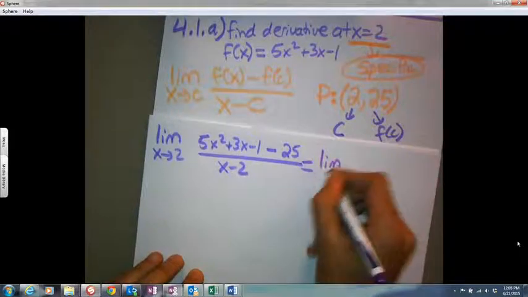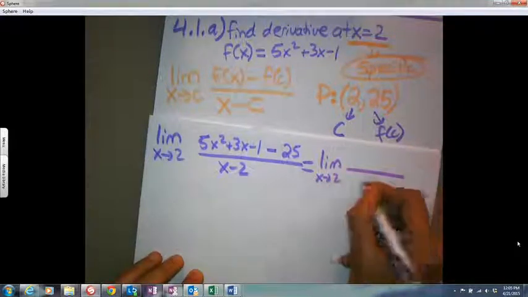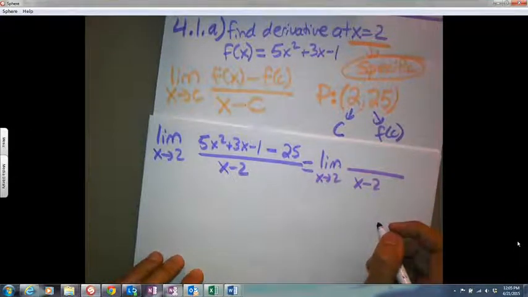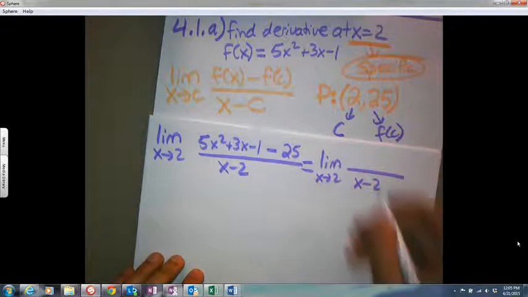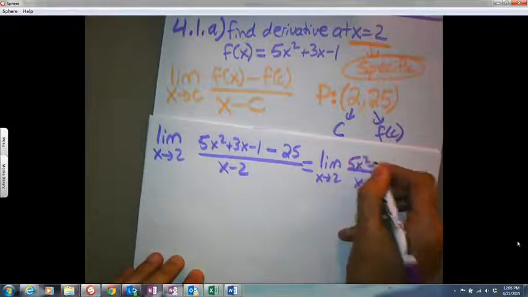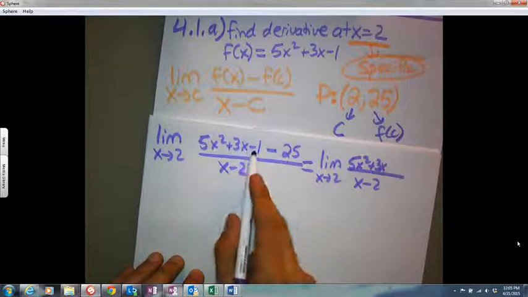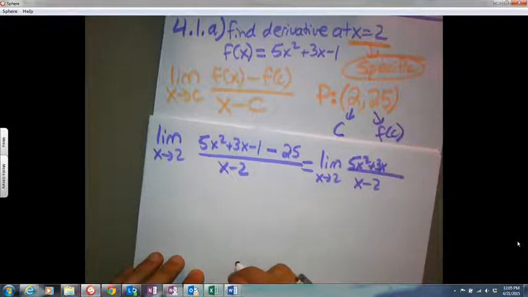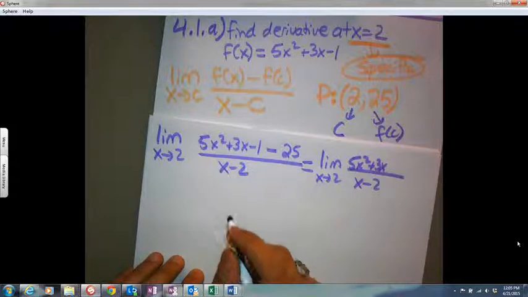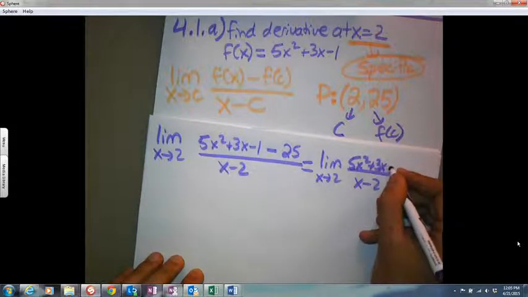Yeah, so what am I going to get? So hold on. Negative 1 minus 25. What do I get, Brandon? Yeah. So now we do Brandon's strategy. Plug in the 2 for x, always with